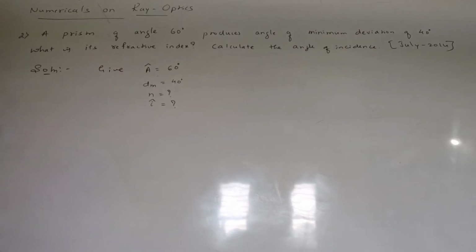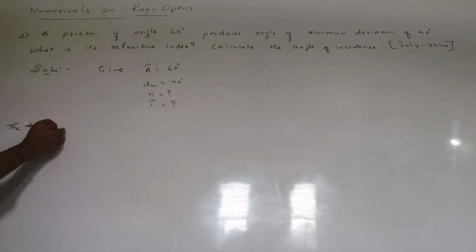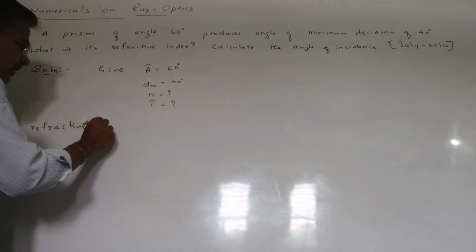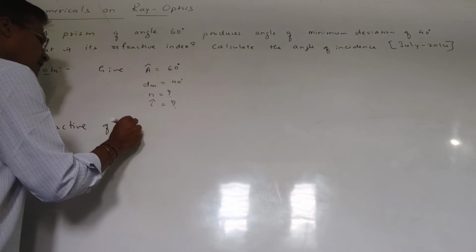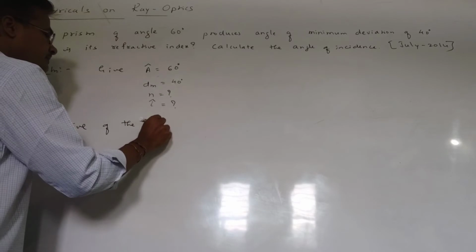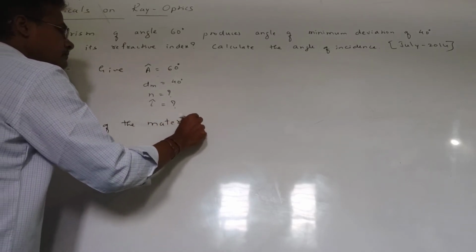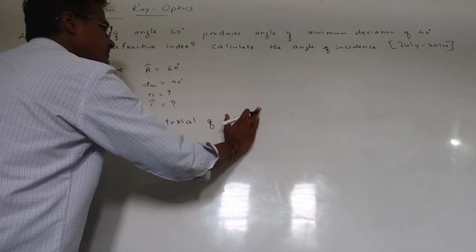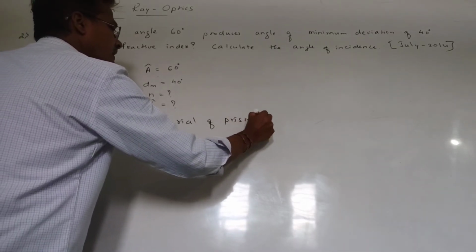n equal to sin of (A plus D) divided by 2, whole divided by sin A by 2. So that value we are going to take. The refractive index of the material of the prism is given by